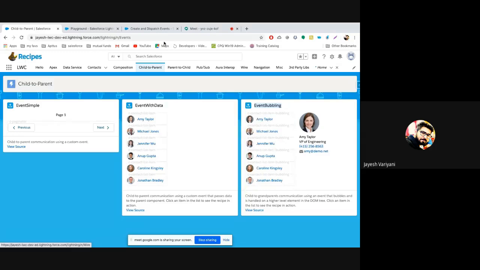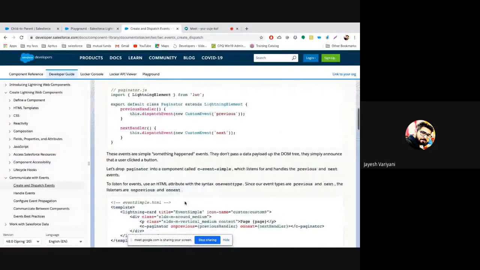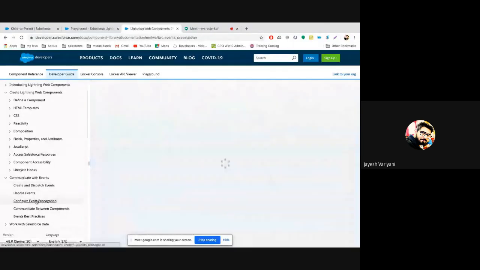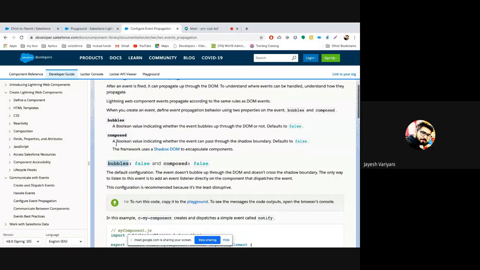And there is one more concept of composition that we have here. We have the concept of shadow DOM and bubbles. We saw this bubbles attribute while firing an event. Similarly, we have this composed attribute as well.